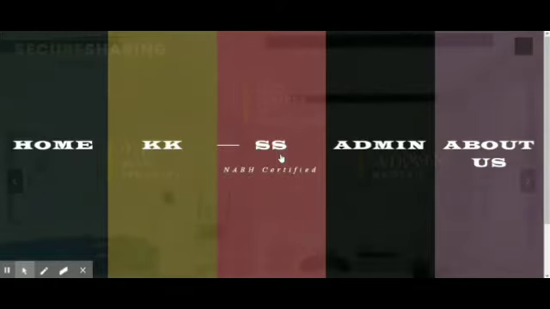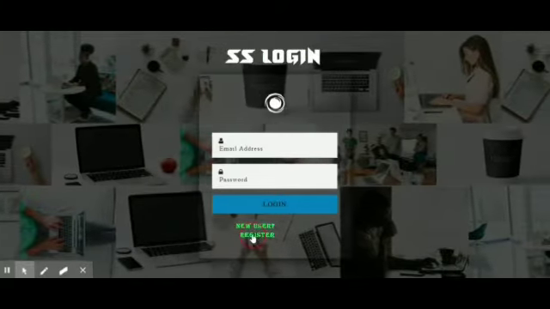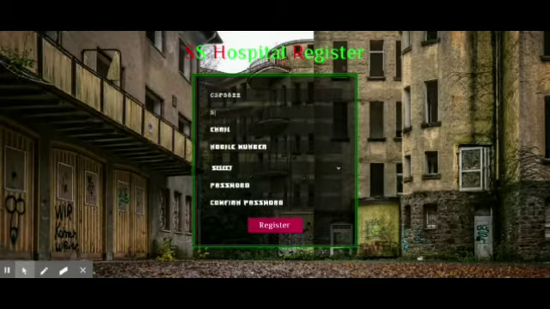Even here we have to enter the correct credentials. Just like the KK login, we use the same procedure for the SS login. For a new user, we have to register here. The register form will appear. The above mentioned key is for further use, and after entering the details mentioned there and submitting it, we can use the same key for further use. And even here the key is unique to all users.